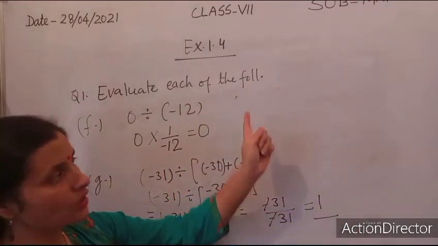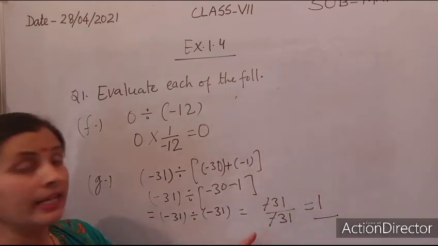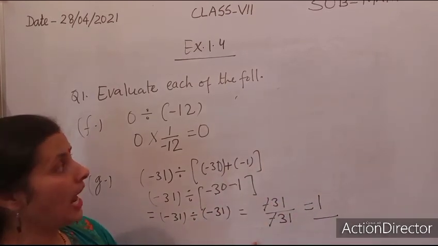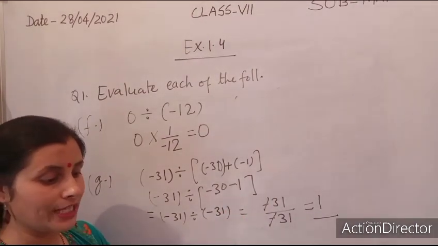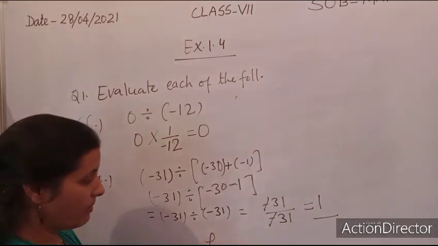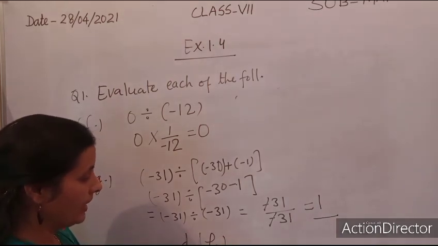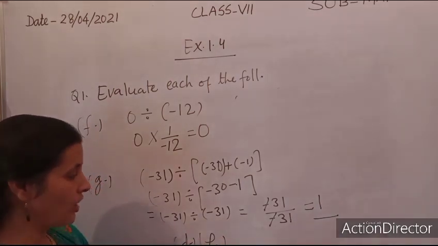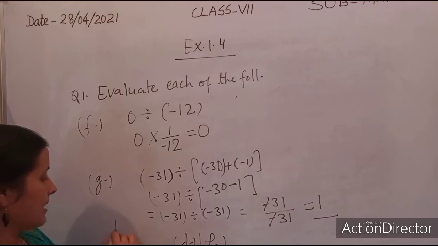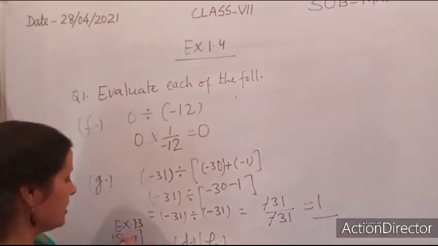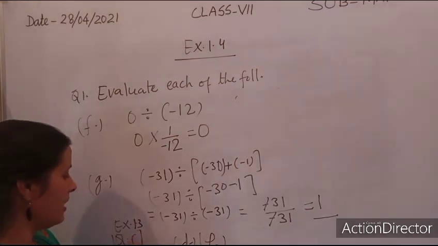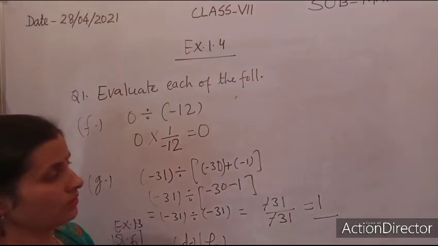Do these questions in your fair notebook in a neat and clean way. Okay. And the questions which I have left, you are supposed to do on your own. Question number H you will do yourself. The D part of this question you will do yourself. Exercise 1.3, question number 7 you will do yourself. Understood? I think I have done question number 6, question number 7 I have done. Question number 6 you will do yourself.